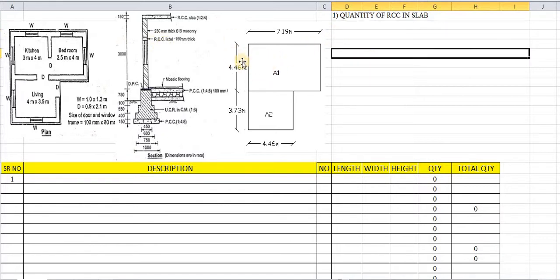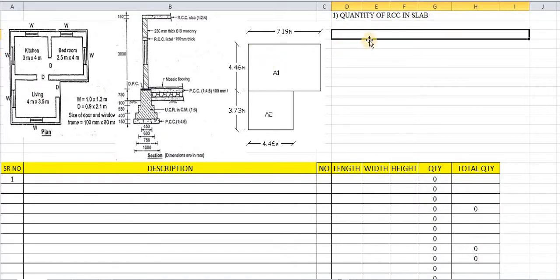Here we have to divide the whole figure into areas, because it has rectangular areas. For the kitchen room and bedroom I have given the notation A1, whereas for the living room we have given the notation A2. Because these lines are the same, we have clubbed these two rooms and drawn a complete line, and given the notation A1 for this part and A2 for the living room. A small figure has been drawn here, but before that we will calculate how this 7.19 meters has been calculated.